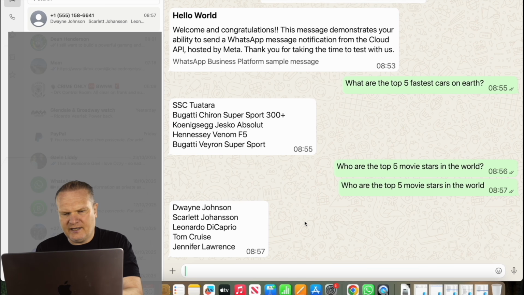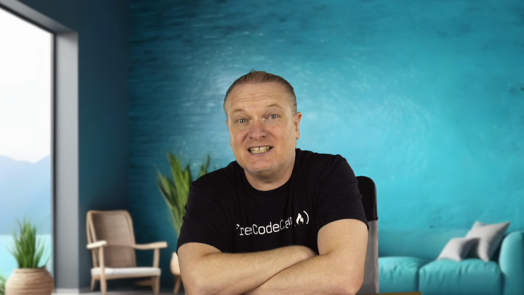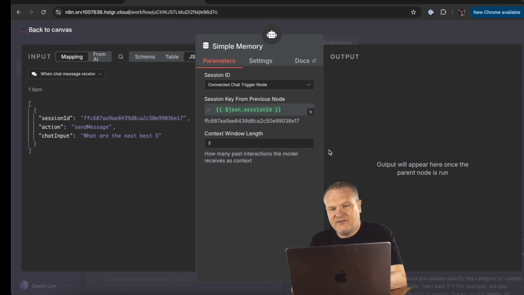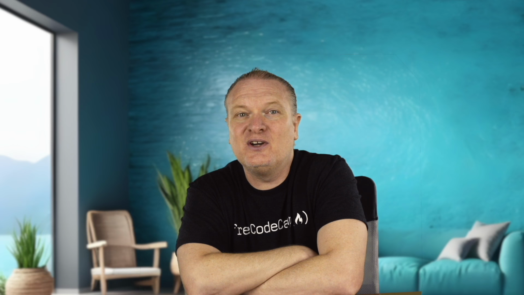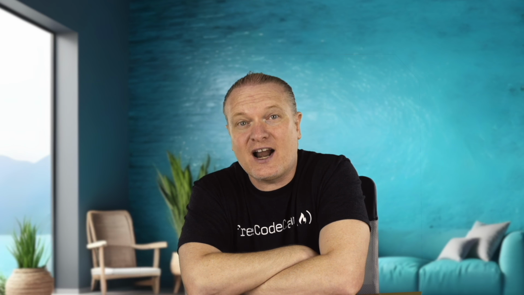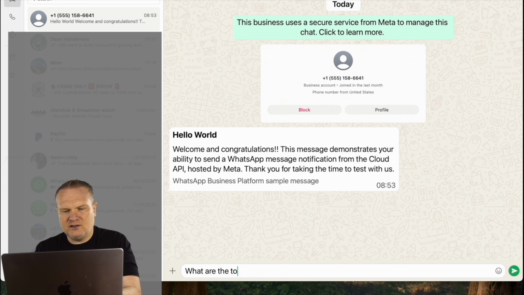So perhaps more fun than useful, but I think this example provides us with a good introduction to n8n workflows and how we can harness the power of AI in our workflows. I'll later show you how you can integrate WhatsApp into this workflow so that you can interact with your chatbot via WhatsApp. So you could be out with your friends and someone asks, hey guys, what do you think are